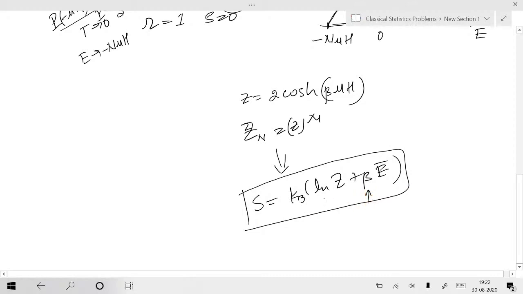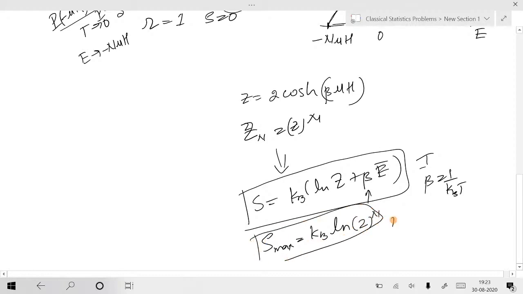Now this is the entropy at infinite temperature. This is the entropy when it is in thermal equilibrium at temperature T, so beta is equal to 1 by k_B T. That need not be very high. That can be any temperature between 0 to infinity. But this is the maximum possible entropy, that is k_B log of the number of microstates to the power number of particles. That's how I gave the formula. Am I right? The number of single particle states whole power number of particles. So this is when temperature tends to infinity. This is at some temperature T.